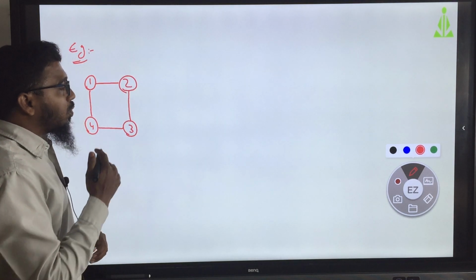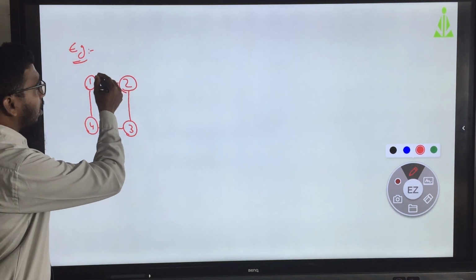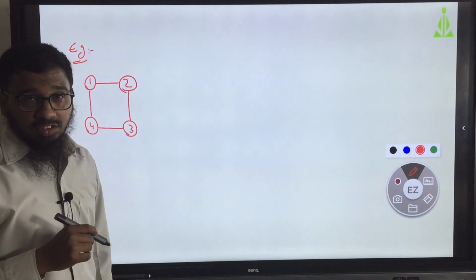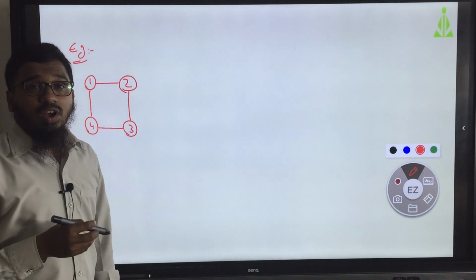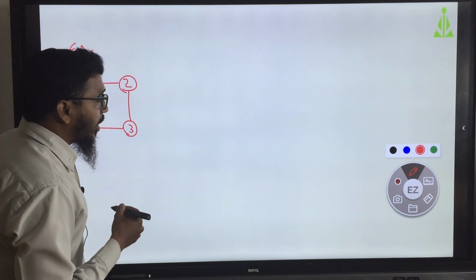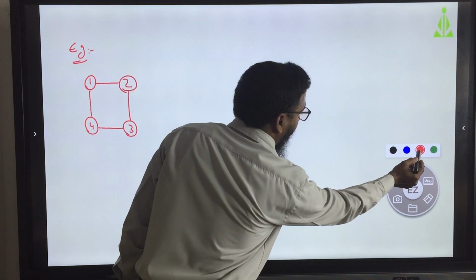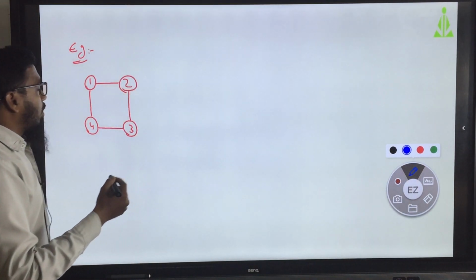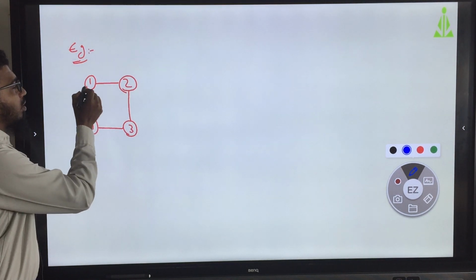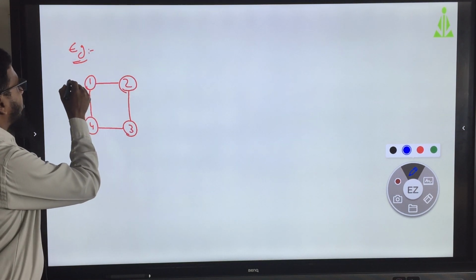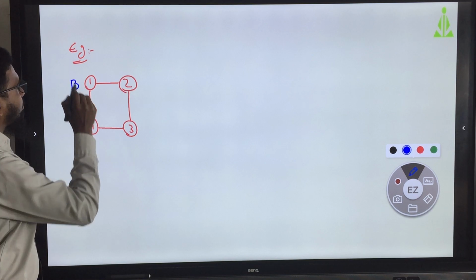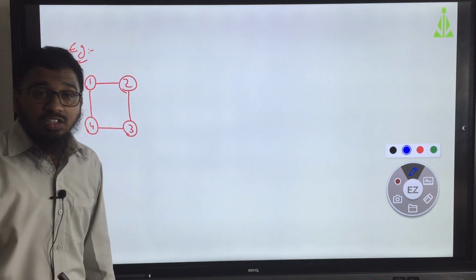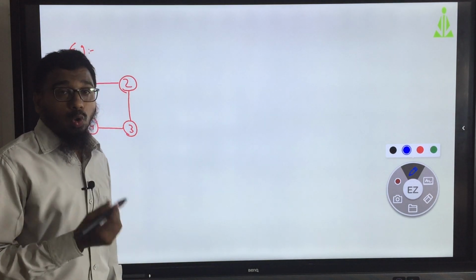For these vertices 1, 2, 3, 4, we have 4 vertices, and now we need to give a color to each. For example, I am giving the first vertex the color blue.